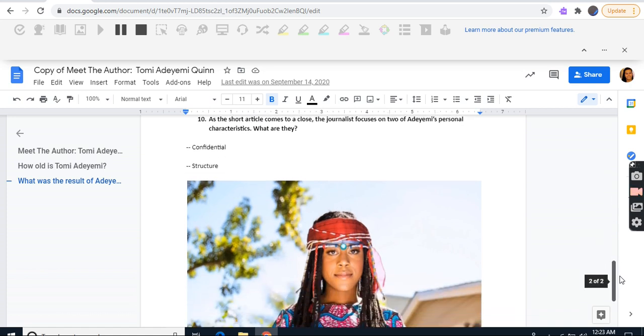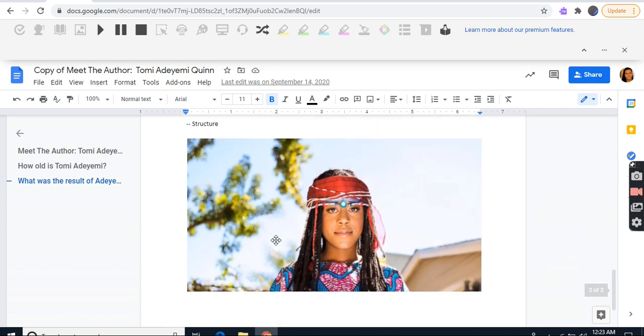10. As the short article comes to a close, the journalist focuses on two of Adeyemi's personal characteristics. What are they? Confidence. Structure. So yeah, this is her. This is the result of her. So now we're doing